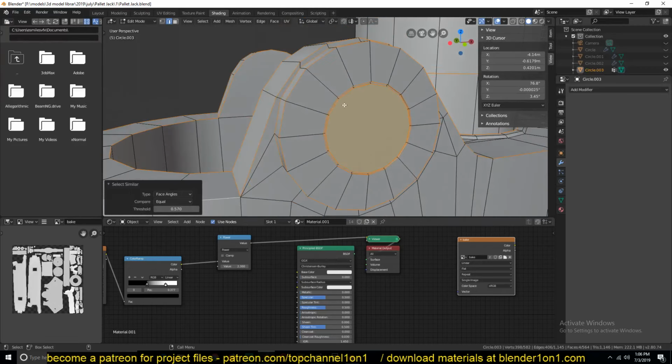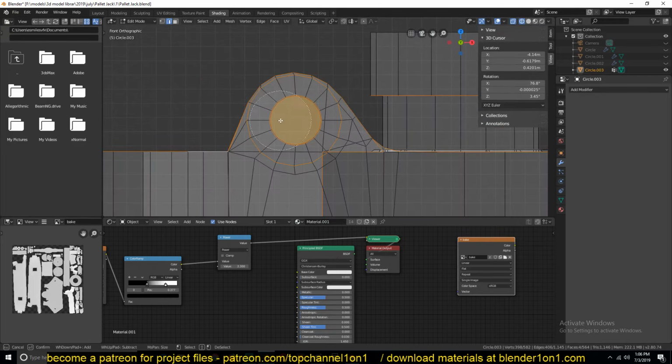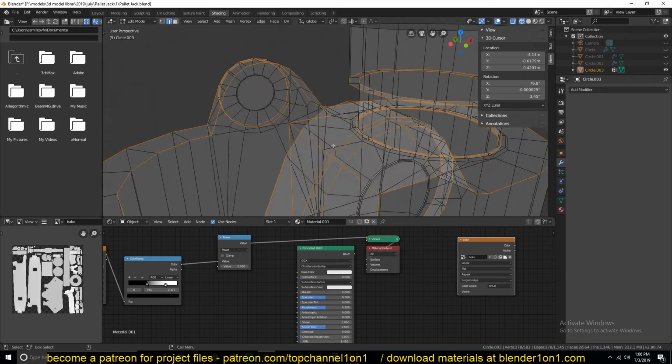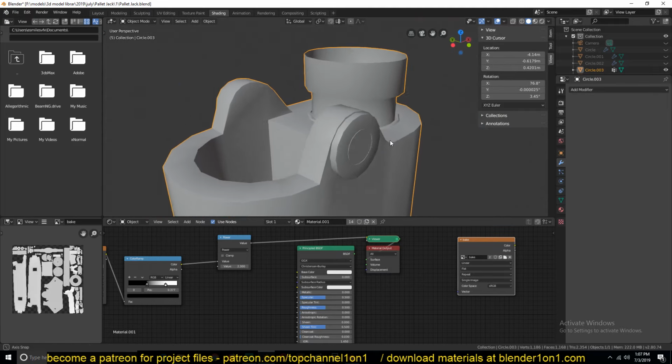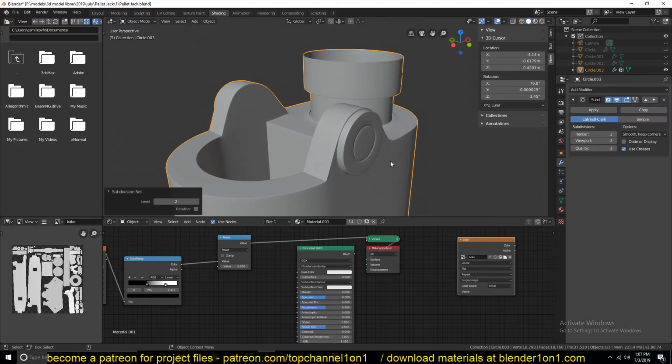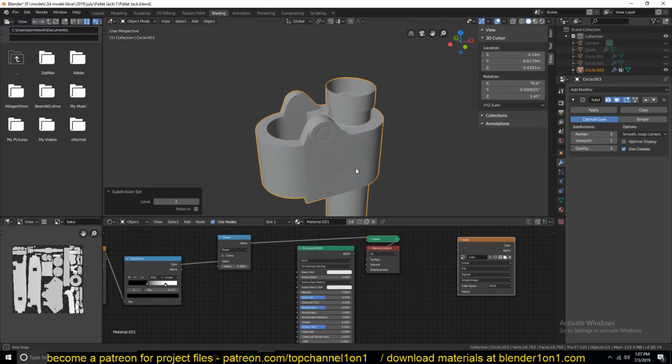I don't think I should bevel this area because they are too close to each other, and if I have them in the selection, they won't give me the results I want. So I'll just deselect them, and then Ctrl B to bevel this myself like that. And now if we add a subdivision surface, you can see we have retained the sharp corners, and